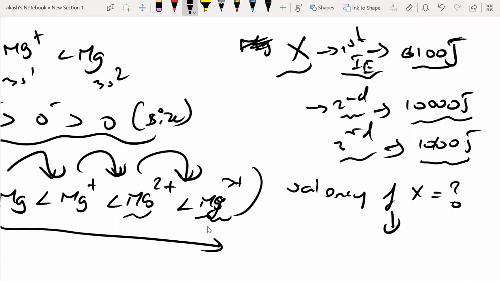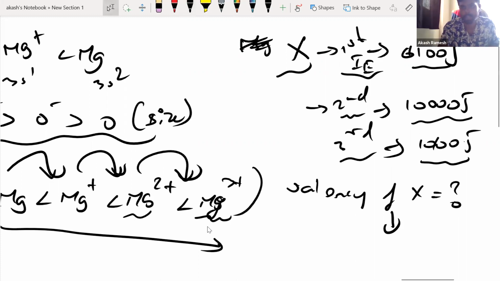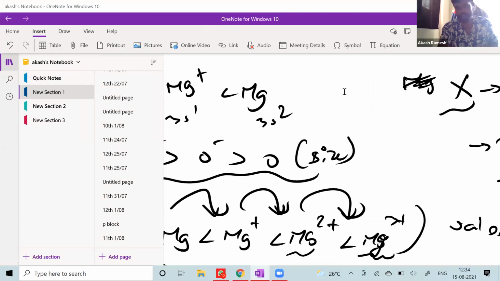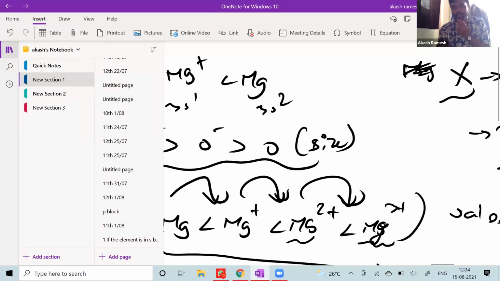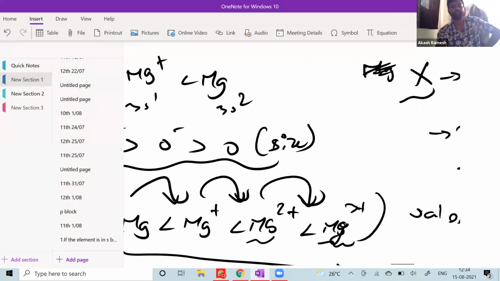2. Okay. Anybody has any other answers? I think you can put it in the chat box. Come on, everybody. You can put all your answers in the chat box, 1 or 2 or 3 or whatever it is. Go for it. I'm looking at the chat box. What will be the valency of X?